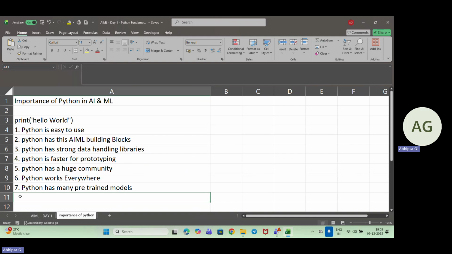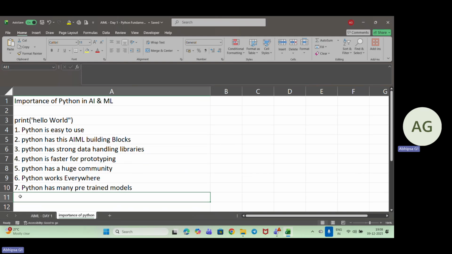It contains pre-trained models for face recognition, BERT, GPT-based models, speech recognition, and Hugging Face Transformers. All of these are ready-made pre-trained models, so it saves a lot of time. We don't have to do everything from scratch, so we can do it effortlessly.